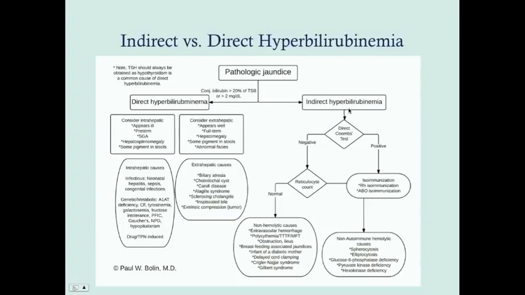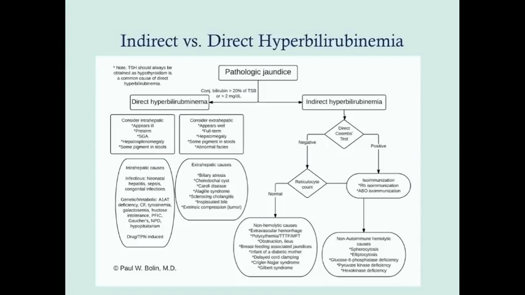When it comes to indirect hyperbilirubinemia, it's a little bit easier. With an indirect hyperbilirubinemia, there are two things you really need to get, and that's a direct Coombs test and a reticulocyte count, and you can probably even add on a hematocrit. That's going to tell you two things. It's going to tell you whether or not there is hemolysis going on, and it's going to tell you if